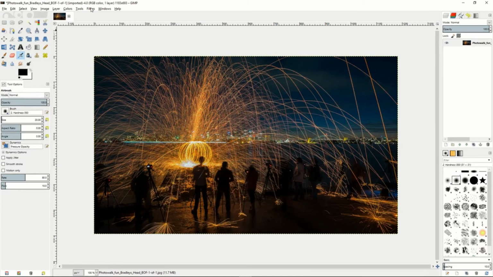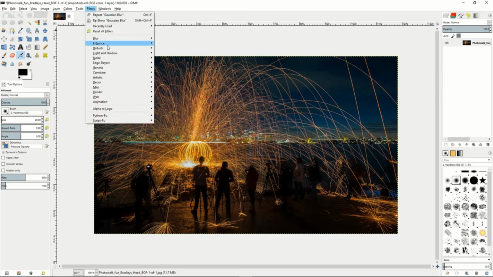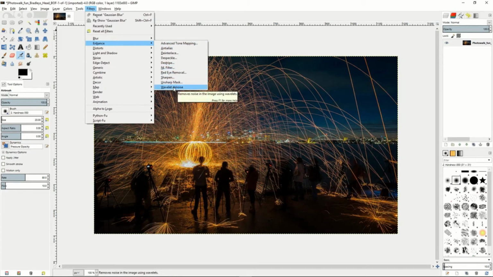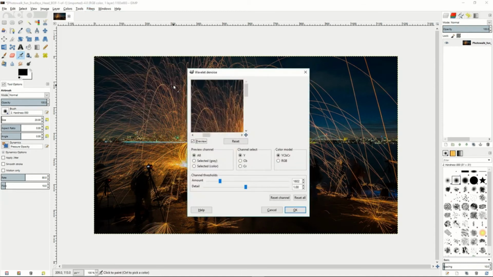It is an extra GIMP plugin that you can go find. Once you download that and put it into your GIMP program, you'll see it under your Enhance Filter options, and it's called Wavelet Denoise. And Wavelet Denoise will allow you to bring up this dialog box that produces a better algorithm to remove the